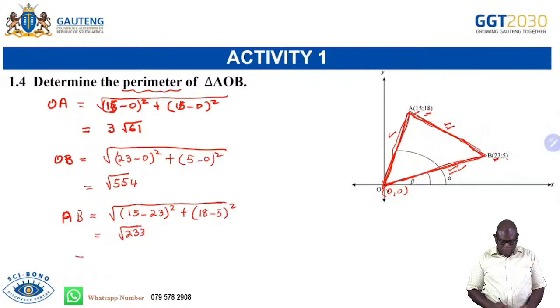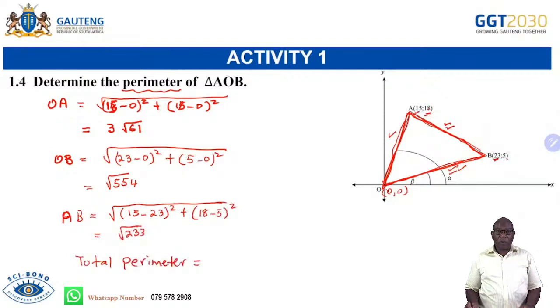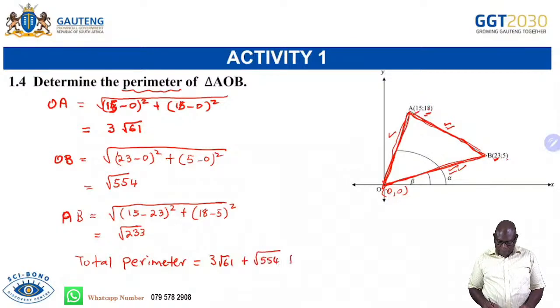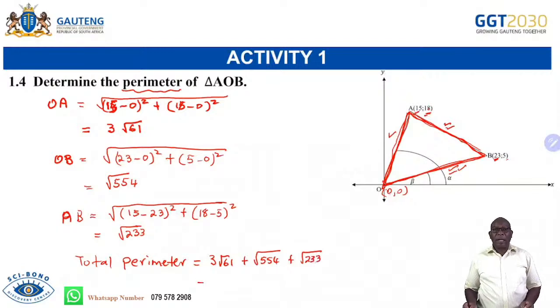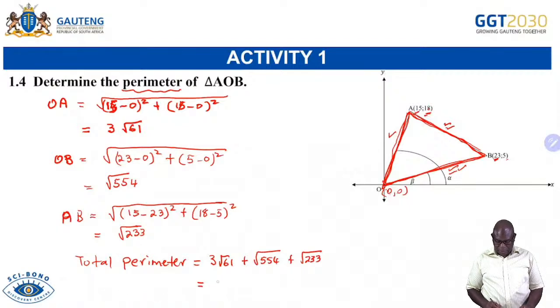So if I go to my calculator, I need now the total perimeter. So now I need the perimeter, right? So the perimeter will be 3 root 61 plus square root of 554 plus square root of 233. Then I'll get my perimeter. So if I add all those using a calculator, the answer that I'll get there is 62.23